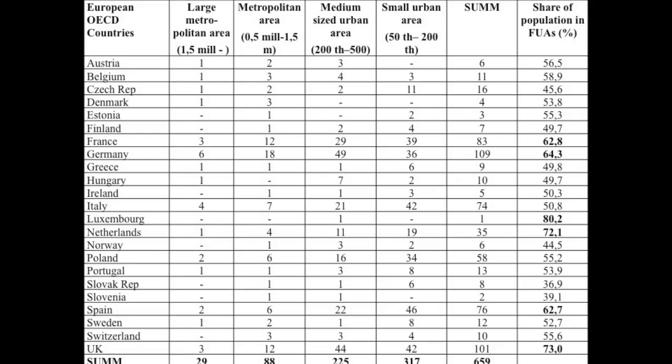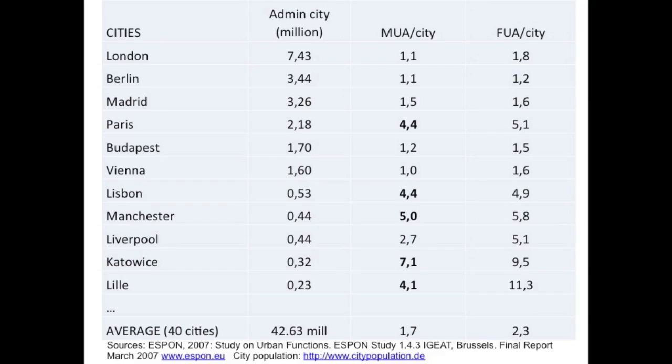If you look at the map, if you look from the airplane, you look down, then you will see the morphological areas. You can see more or less where the dense area of a city ends. And you can see that in Europe, here are the cities, how much bigger the morphological area of the city is from the administrative boundaries. It is, for example, shocking that Paris is only a 2 million city within the periphery, but the real Paris is almost 5 times bigger than the administrative.